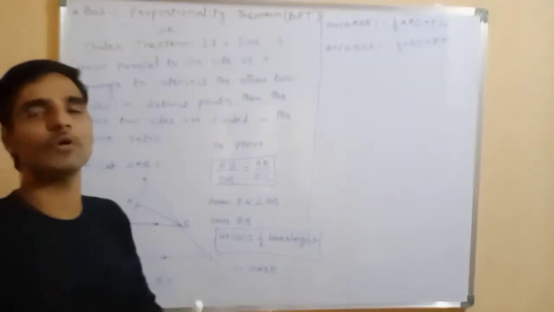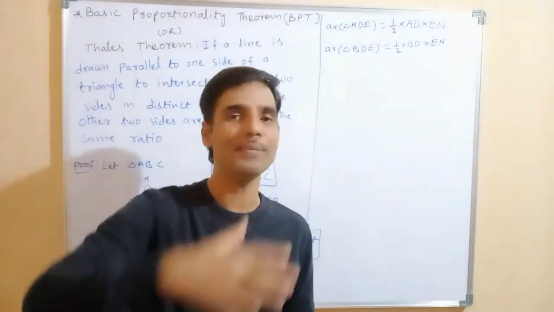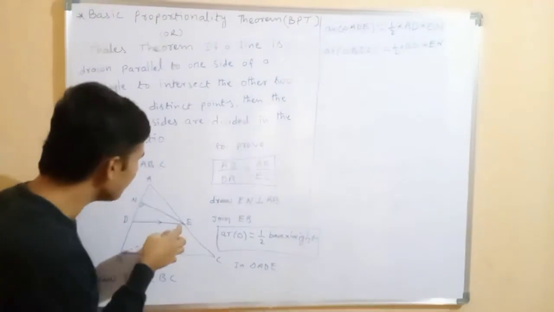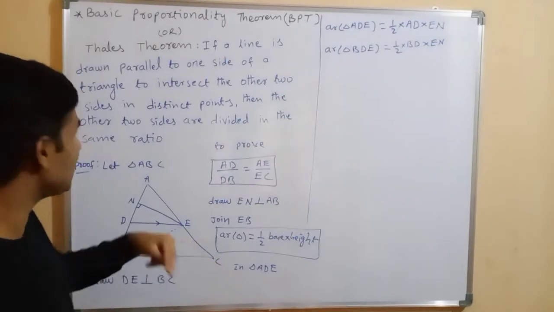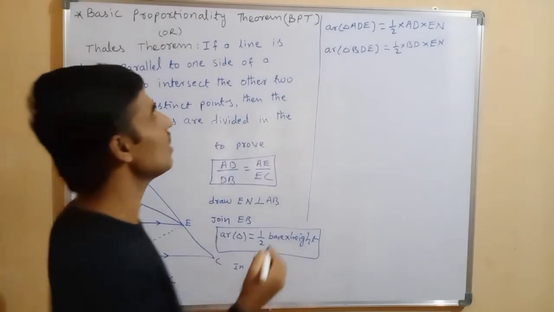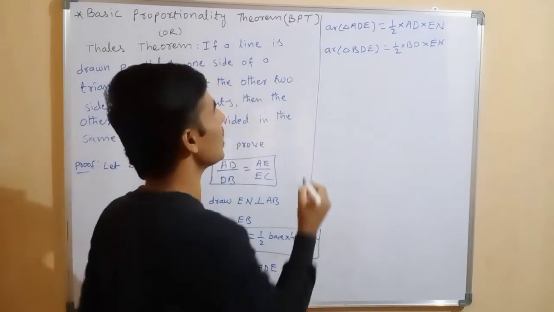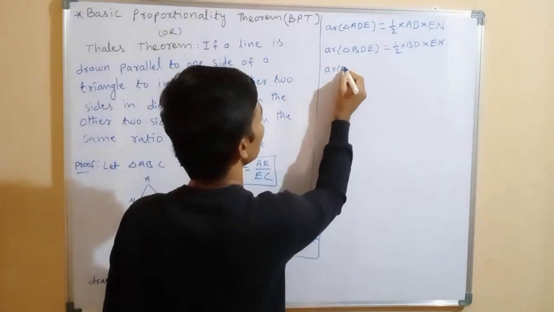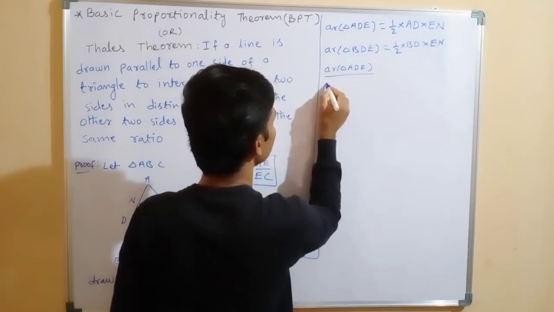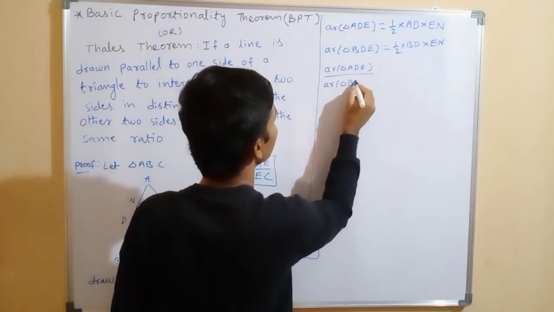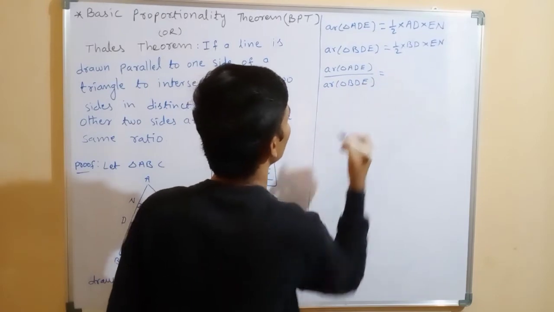Suppose in a room we take the height, it will be the same. Like that we take EN as the height. Now we have to find the ratio: area of triangle ADE by area of triangle BDE equals